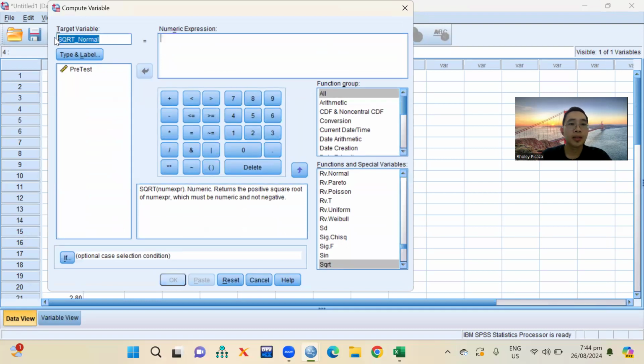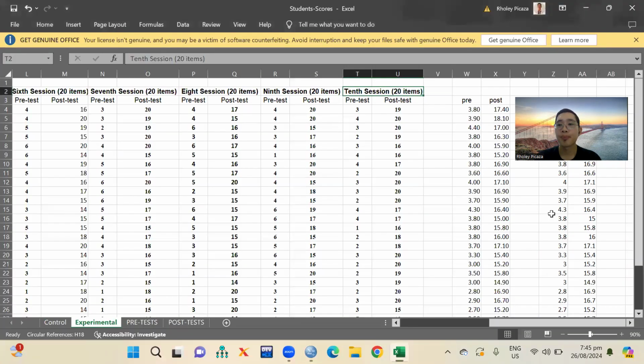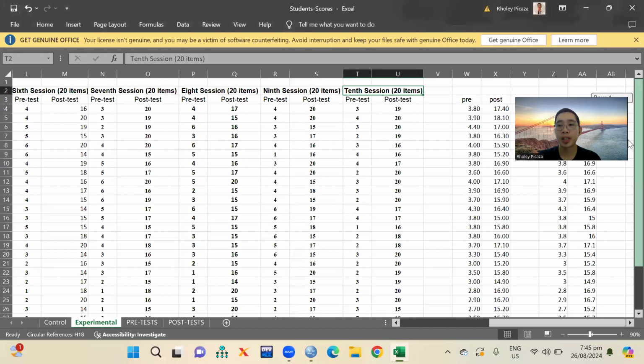and then let's rename the variable. The target variable now is to be normalized. There must be a formula to be used, but we will just get the maximum value of the group of the pretest.